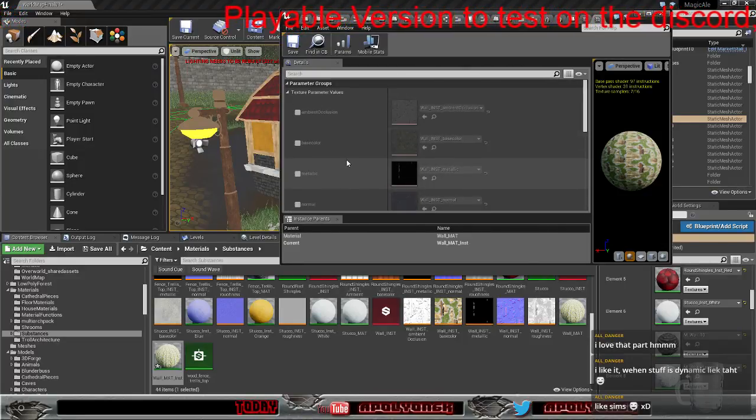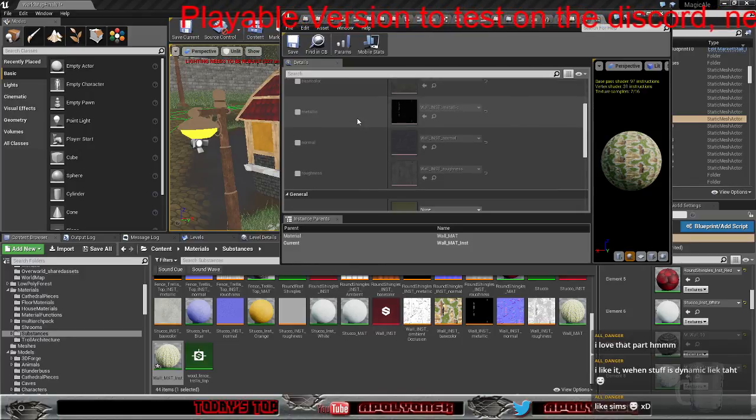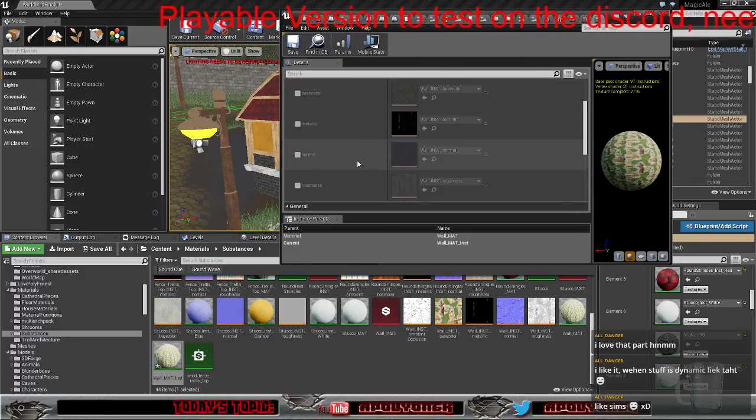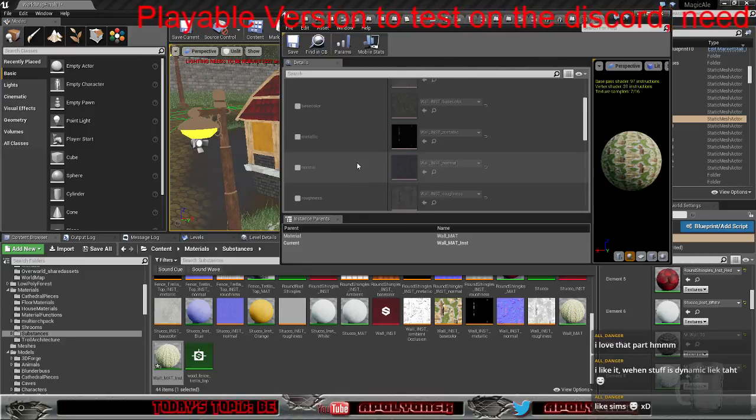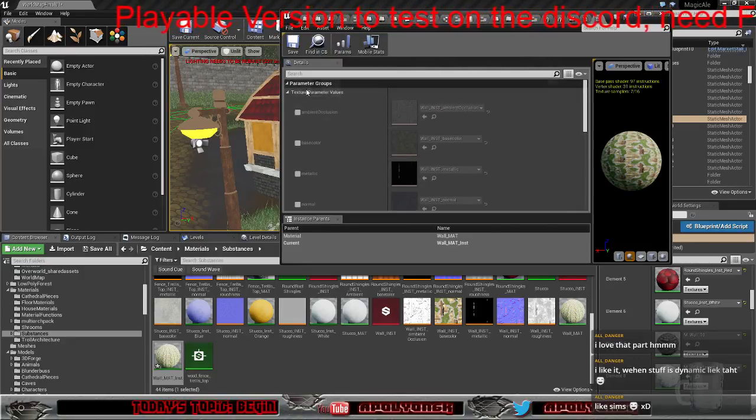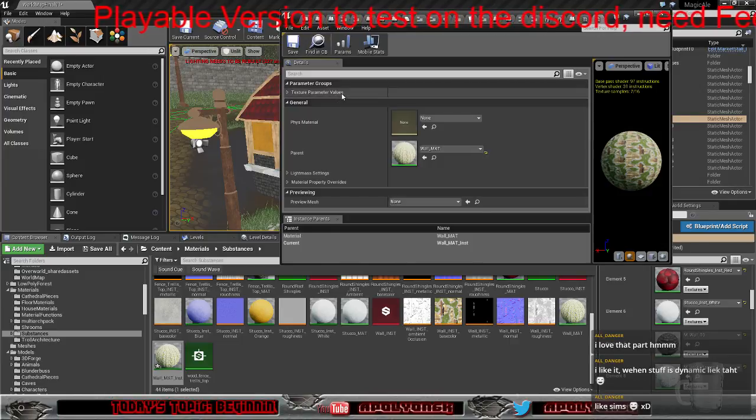Yeah, okay, this doesn't have any parameters here apart from textures, but